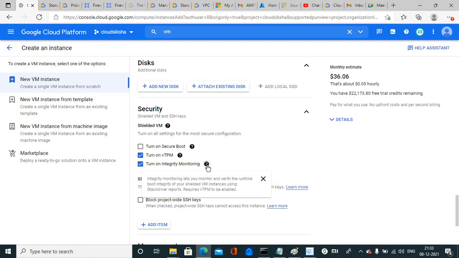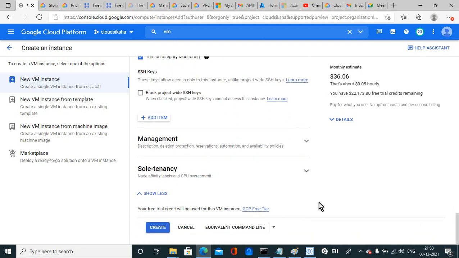What is Stackdriver? Stackdriver is a monitoring tool. Okay, you can use it from the Google console. Just search for Stackdriver and it will come up. vTPM is required to be enabled. So if you are not enabling the vTPM, you cannot enable the integrity monitoring.